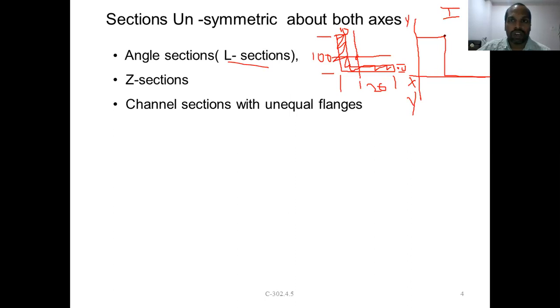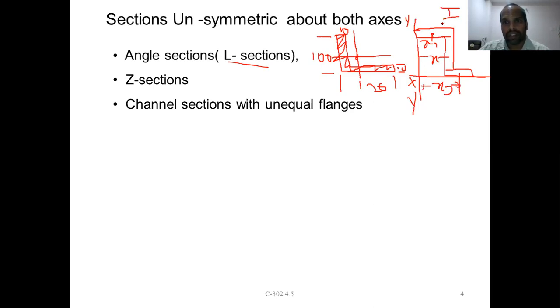You have to be very careful that if you go beyond this x-axis, beyond this length, on this side, you have to take it as negative, and the right side of your section's x-axis value shall be taken as positive. Otherwise, nothing is wrong in taking it like this. For example, if the Z section is like this and the centroid is divided like this, this becomes x1, this becomes x2, and this becomes x3. All three will be positive if the reference axis is this one.